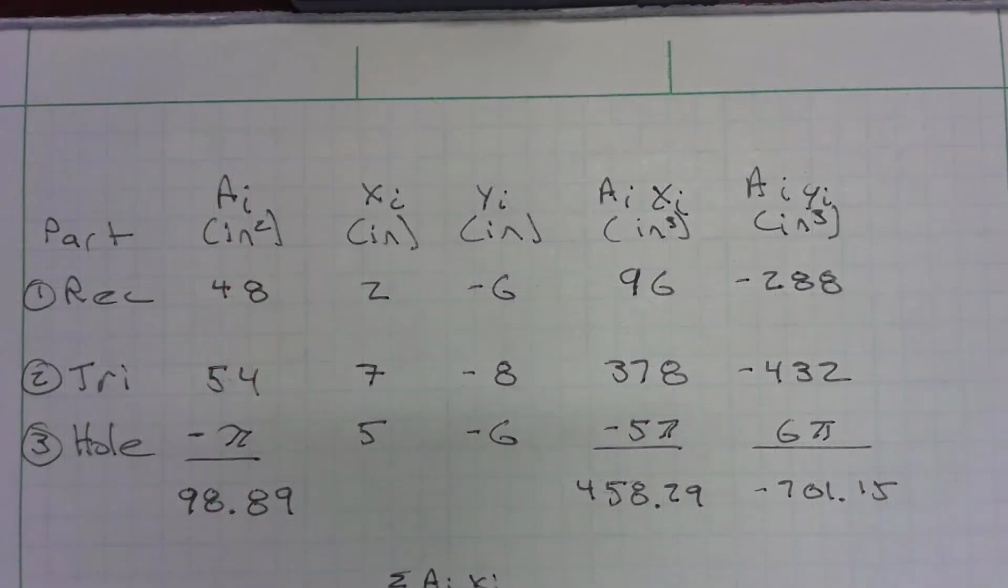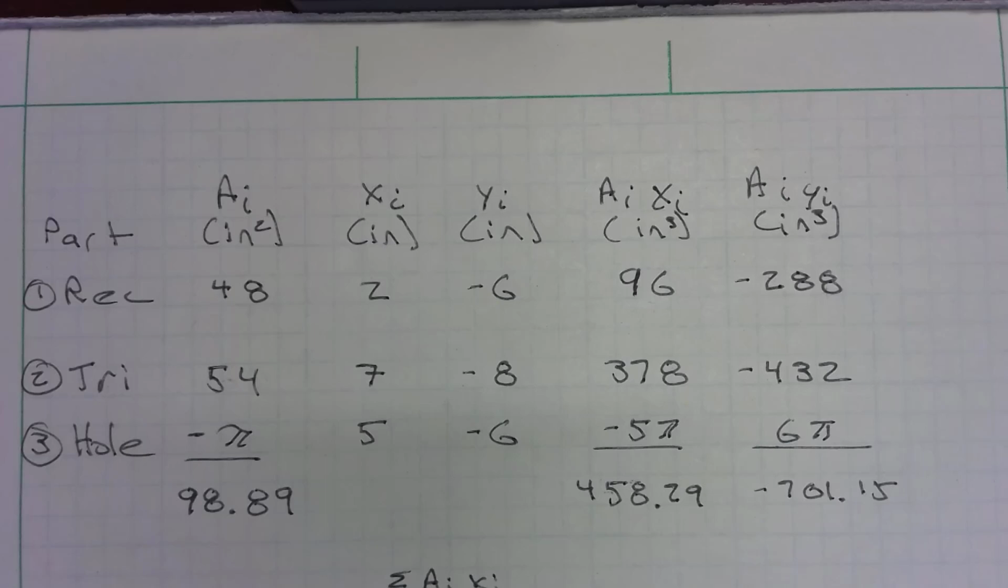Alright, so in this case I have an area for the rectangle of 48, and you'll notice at the top I put all my units. This way I don't have to put units in the table format, which I sometimes find distracting, or it just fills it up, so I just put numbers in there. So I got 48 inches squared, and my x and y is 2 and minus 6, resulting in Ax being 96 and my Ay for the rectangle being minus 288. So you also have to be conscious of the positive and negative of these. Also then I'll do my triangle,